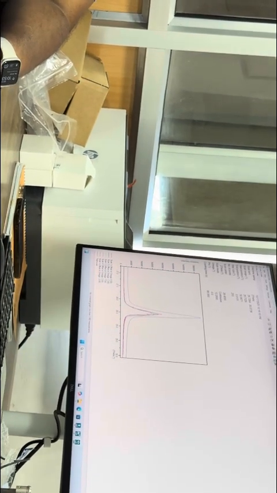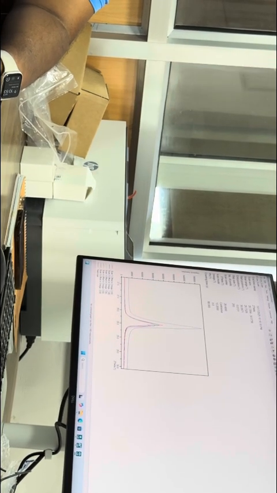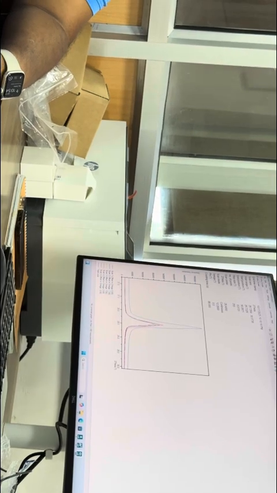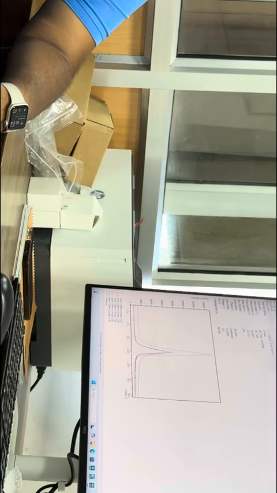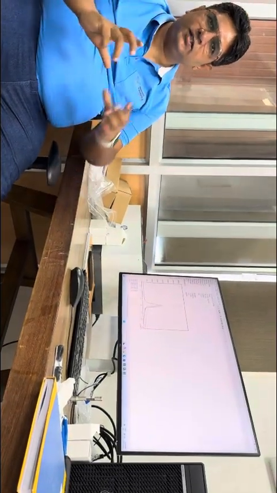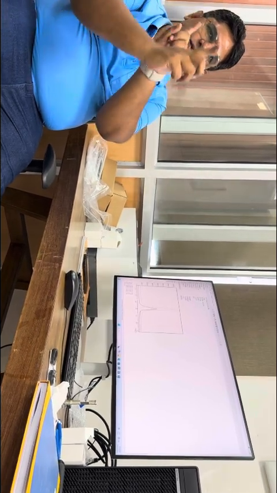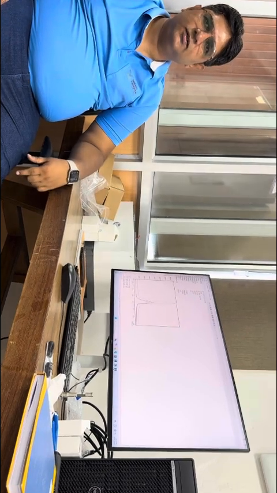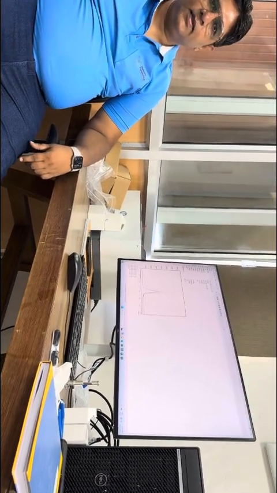Plus, in this method, you can only judge this tilt. You cannot judge this tilt. You have no way to judge this tilt. For that, there is a stage which rotates the sample in a controlled manner. You take one scan like this, another scan like this, then another scan like this. Then you have this data. So this data, where you have this rotation and this rotation, is called a pole figure. This is texture measurement. What you must have read about texture measurement, this is that. Okay. That's it.